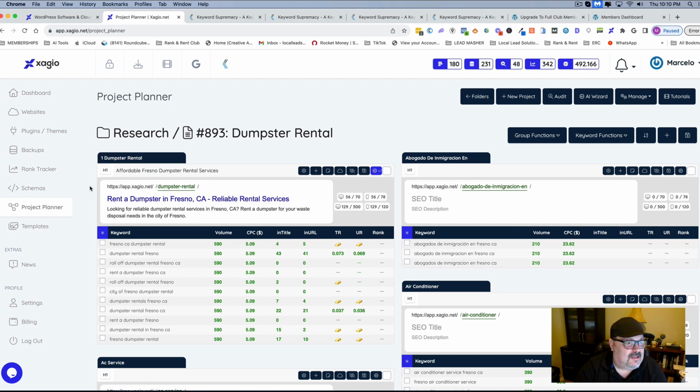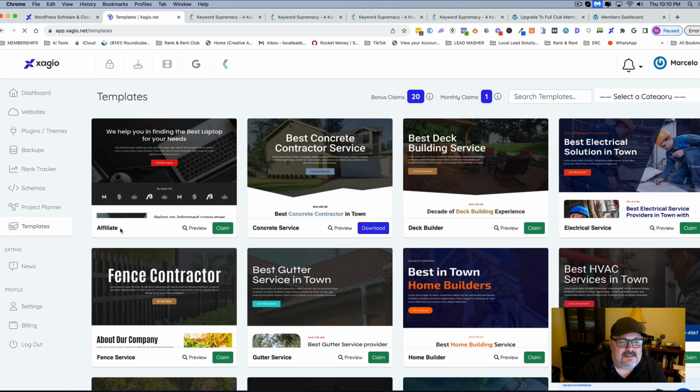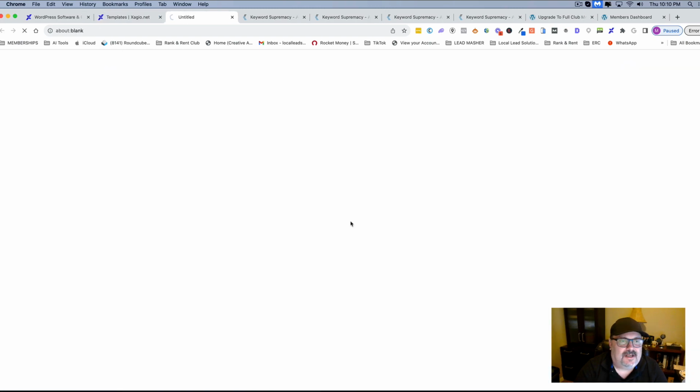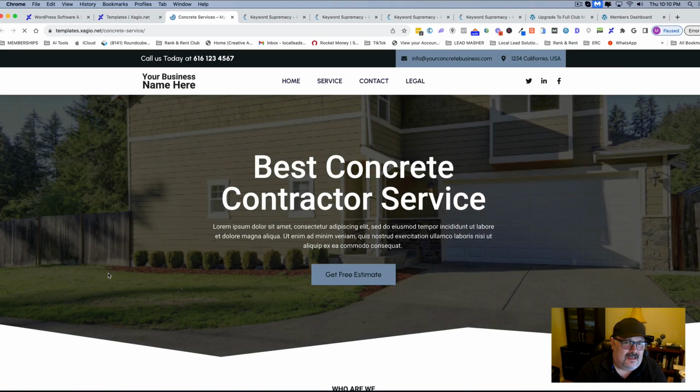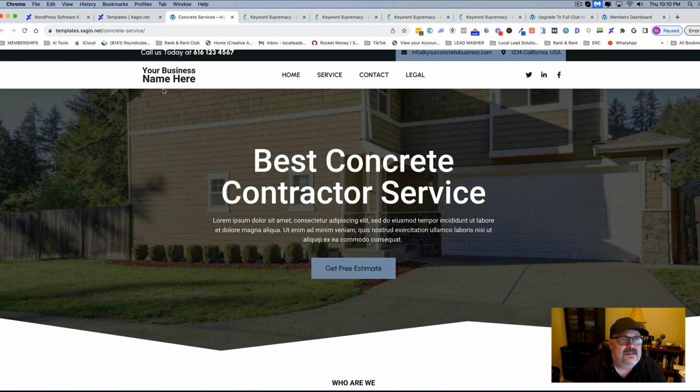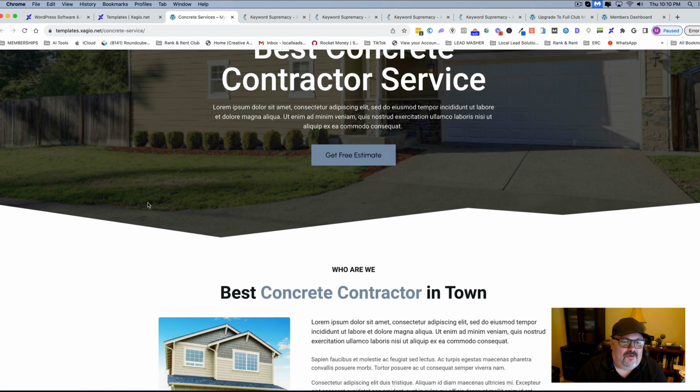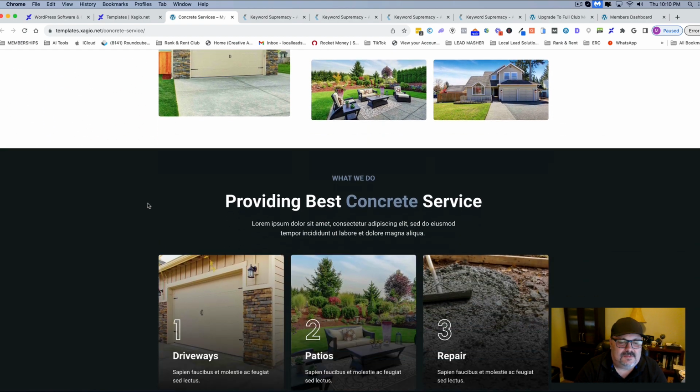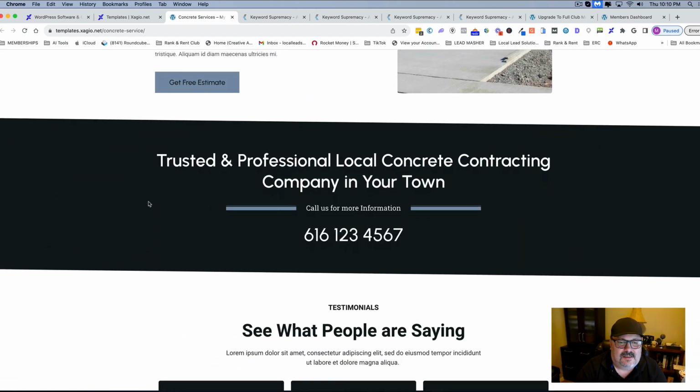That's not the only cool thing. The other really really cool thing is that, yeah, you want to build these sites, but how do I build them? I don't know. Look, they have templates. Here's the really nice thing. I'll just show you this concrete one right here. Really nice looking templates. If you join the service, you get these. They're really really nice.